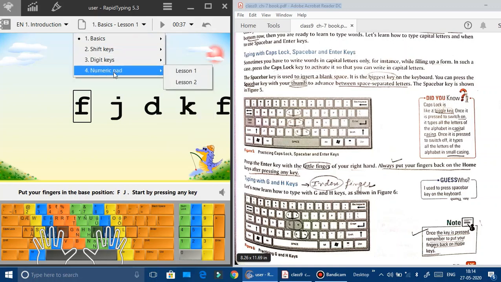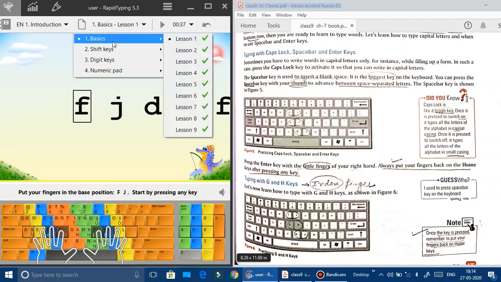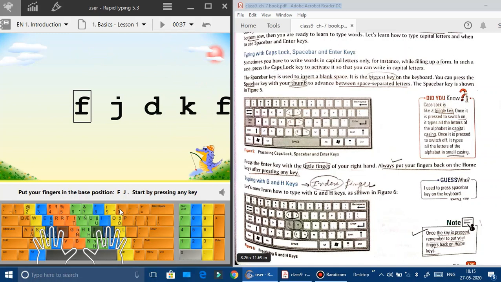If you want to practice your numeric pad, how to have good speed over those numeric pads, you can have different lessons for practice here. So basic is to cover this part only. We'll start with the basic part, lesson 1. This is your lesson 1.